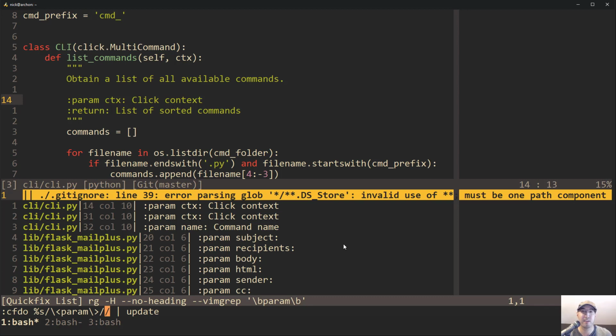Whoa, I just shook the whole entire apartment. But you get the idea. It's replacing, but replacing on multiple things. So as soon as I hit that hotkey, a quick fix window was opened up, and we can see all of the matches in that quick fix window. In addition to that, the cursor was moved right into the spot where we need to type to do